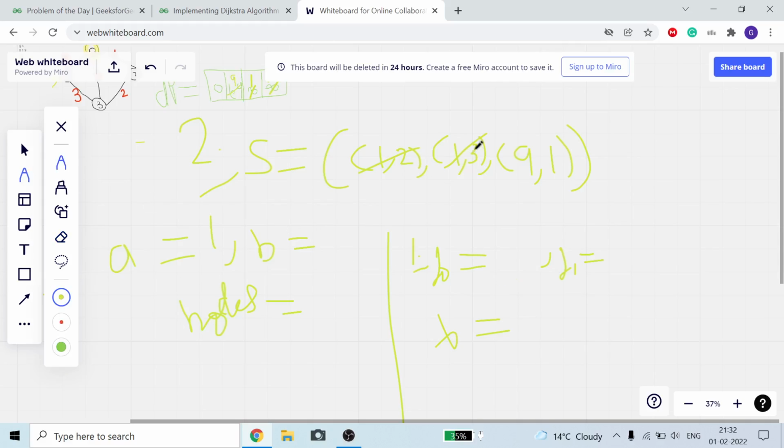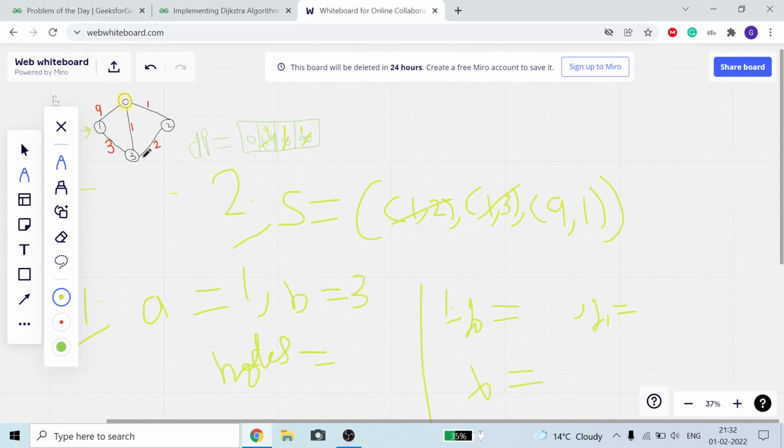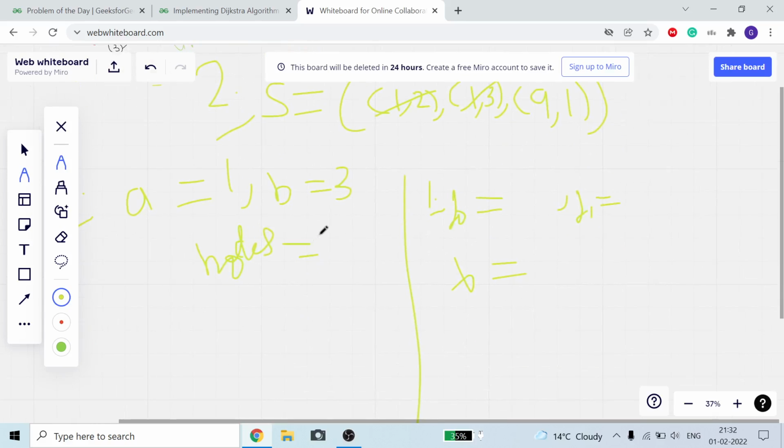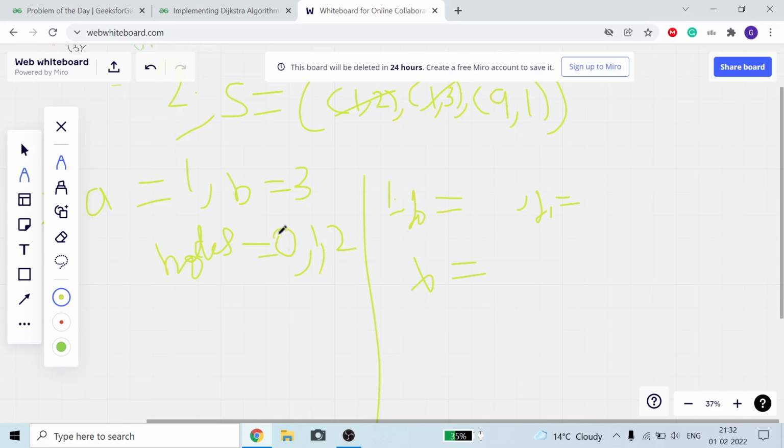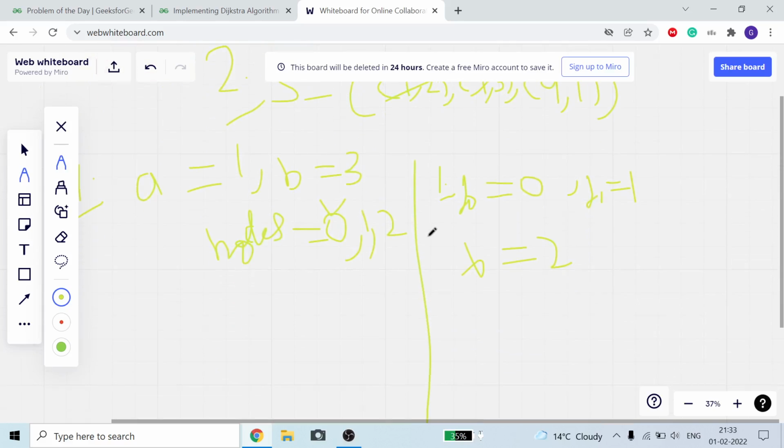So now what happens? Our A is equal to 1, our B is equal to 3. The nodes of these three are 0, 1 and 2. Here when we do 0, the cost of 0 to 3 is equal to 1. So 1 plus J1 is equal to 2. dp0 is less than this. So 1 will complete, and we will iterate 0 and don't do anything.